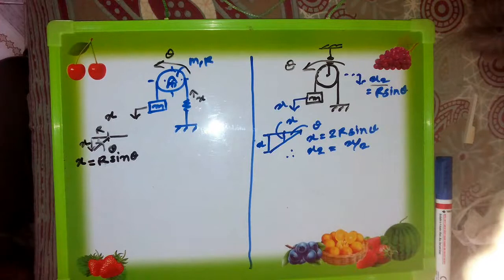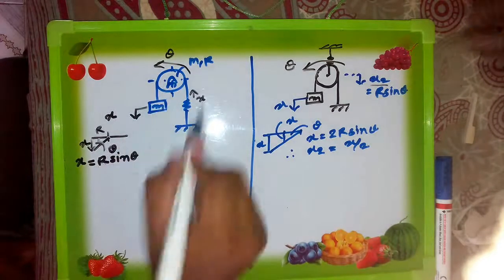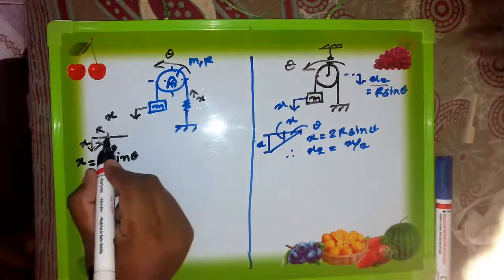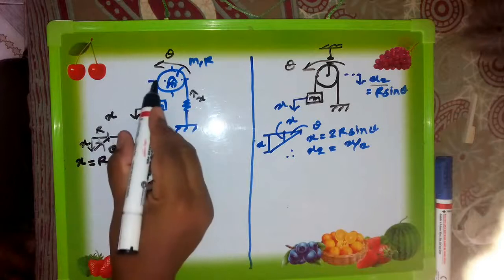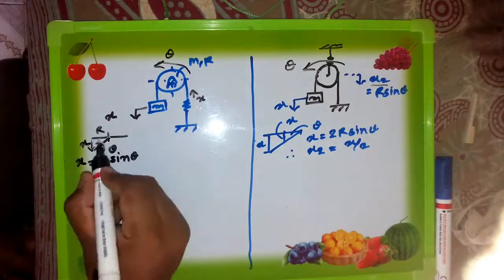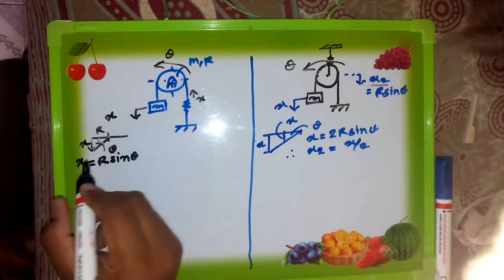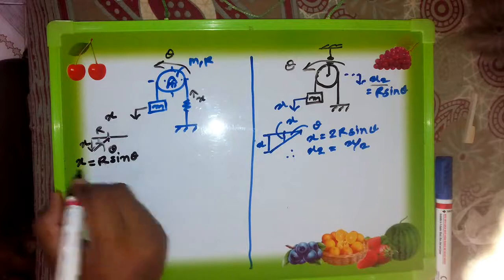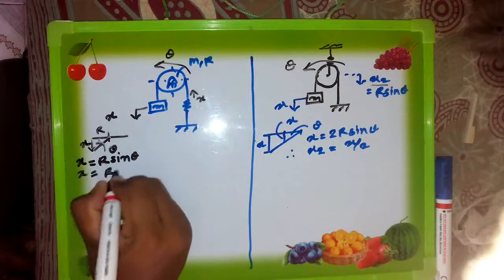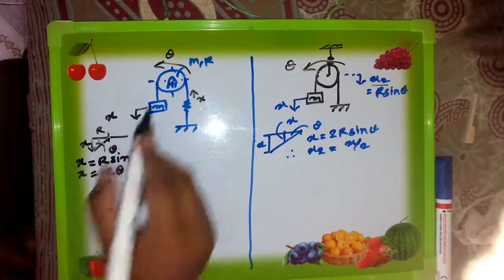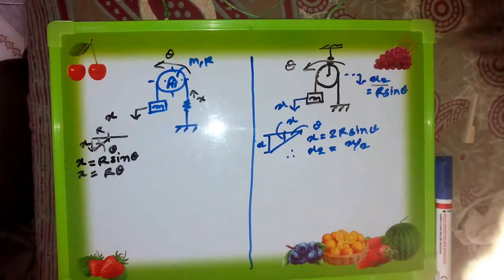So first of all, let me start with the basic things. First of all, is there a single degree of freedom? Let's see. So mass m is displaced, it means that this center point is fixed. So this point is moving by a distance of x in a vertical downward direction. So this is the angular displacement theta. So I can write x is equal to r sin theta, but since theta is very small, I can write x is equal to r theta. So we can find the relation between x and theta. So it's a single degree of freedom system.